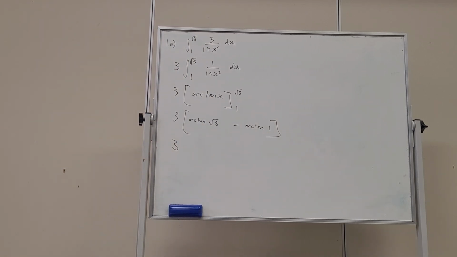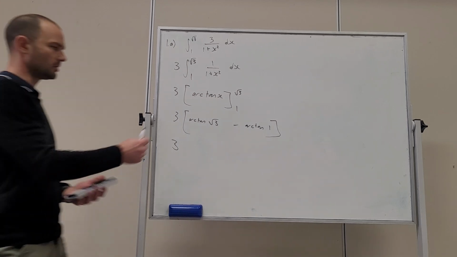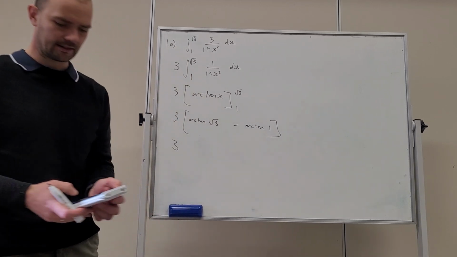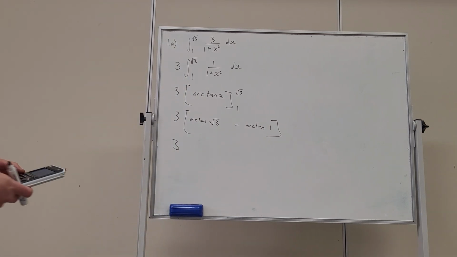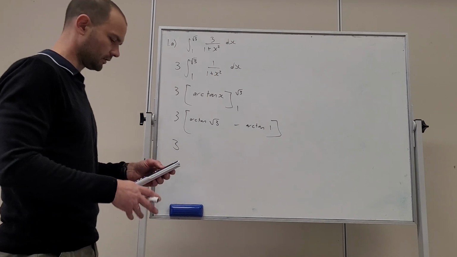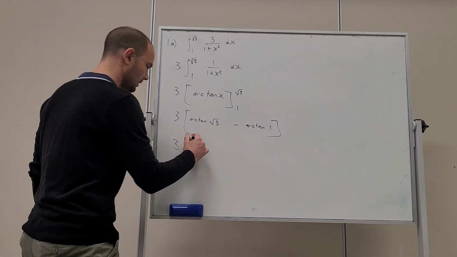Simplify those. Now the way we're going to simplify arctan root 3 is we're just going to type in shift tan root 3 in our calculator, or you can look at the unit circle to discover the angle for which it's true, if your unit circle has tan values on it. So this gives me pi on 3,